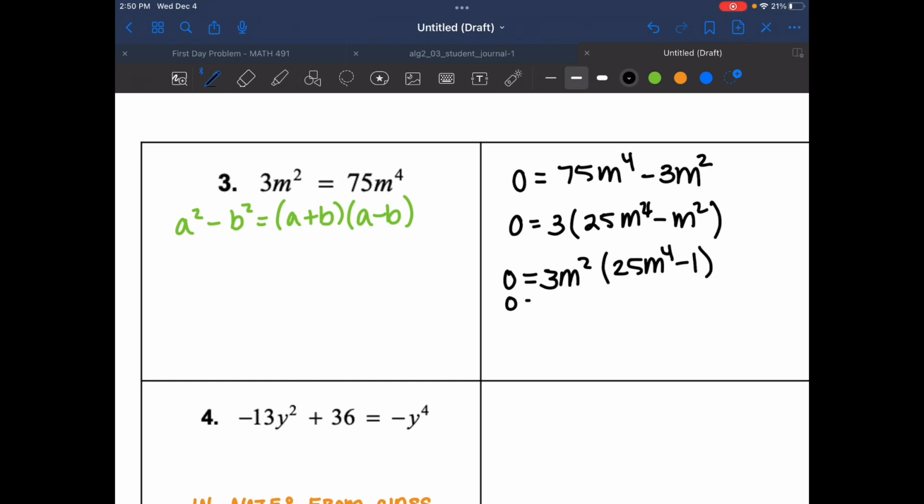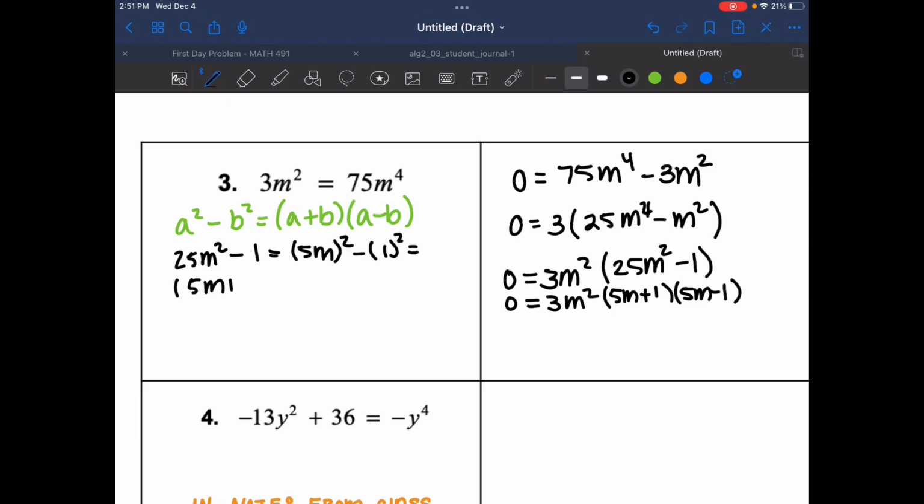And again, that's my difference of squares, so I'm going to go ahead and factor it over on the left side. I'm going to just fill it in here real quick. And then this is supposed to be squared. Okay, so we have 25m squared minus 1. Well, that's the same thing as 5m squared minus 1 squared, which is 5m plus 1,